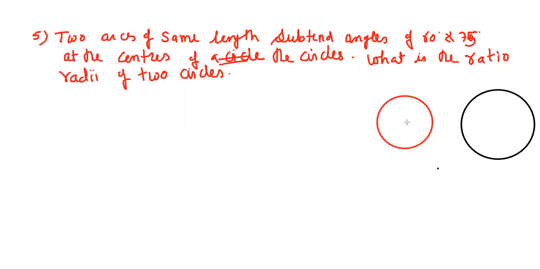Suppose this is the center. Undo. Take a straight line. Now this is the center of the radius of this circle, and this is the radius of this circle, like this. There are two radiuses now, one small, the other big. Suppose I write each of the radiuses as R1 and R2.